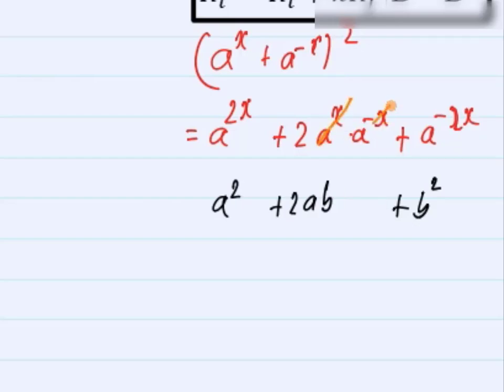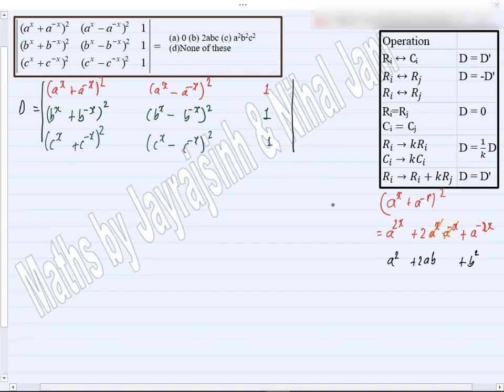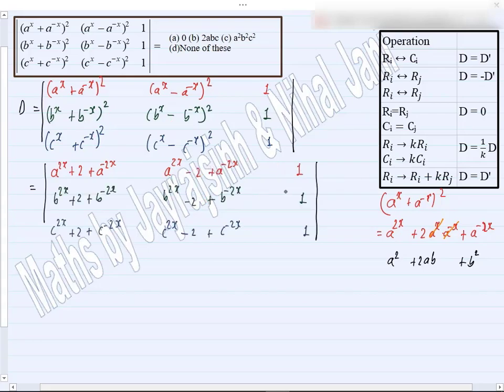As you can see, a raised to x and a raised to minus x can be cancelled out. So our first term will be a raised to 2x plus 2 plus a raised to minus 2x. Similarly, we can expand the second term as a raised to 2x minus 2 plus a raised to minus 2x. And our last term will be 1. In the same way, we can get the rest of the terms. Here they are. Now, we should notice that in the first and second column, the only difference is this plus 2